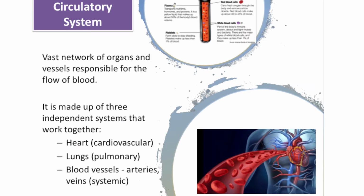So to set the scene, I suppose, when we look at our circulatory system, it's a vast network of organs and vessels, and it's really responsible for the flow of blood throughout our bodies. So that's what it does, and within that blood, there is of course the red blood cells that carry the oxygen throughout our bodies, but also the white blood cells that are really important in our immune system. Platelets that are there that actually stop us from bleeding. So if we get a cut and we bleed, it's the platelets that stop and clot that blood for us. And also the nutrients that are really vastly important for the cells and organs of our body. So that's what it's doing, and it does that with the help of the heart, the lungs and the blood vessels. So all of those work together